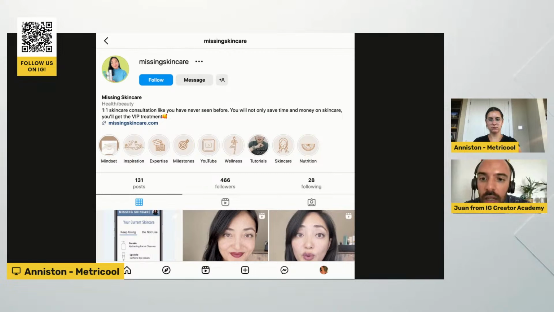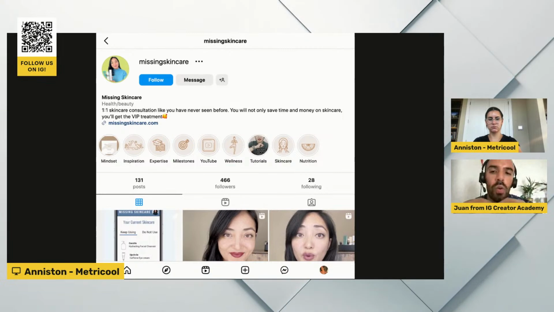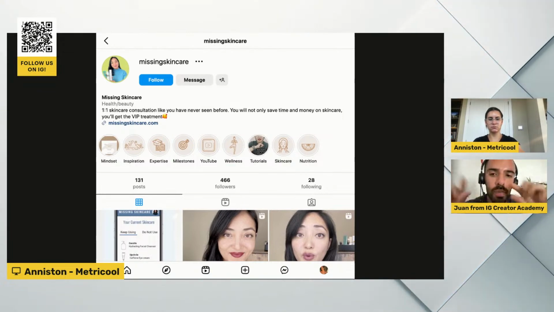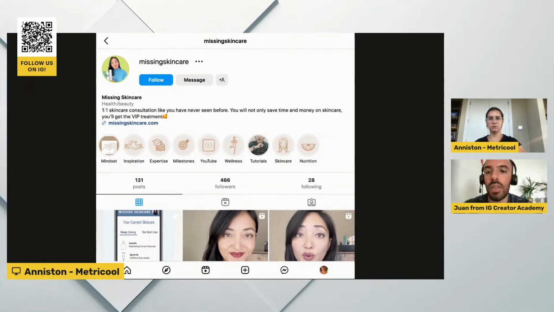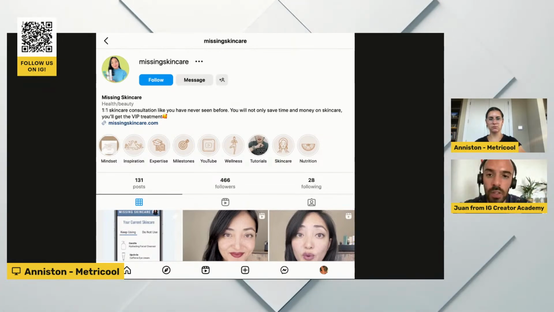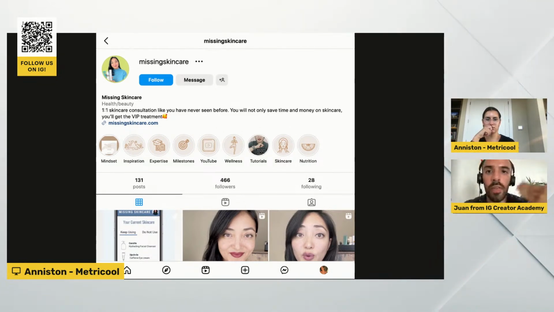Oh, so you're like a skincare consultant. Okay, so what type of skin are you specializing in, or who is your ideal audience? Write that at the top, like skincare consultant for, I don't know, busy moms, something like that. But make sure that, again, you want to be discovered through Instagram. Instagram is a great tool to be discovered, especially now that they're incorporating more SEO into all of their algorithms. So you want to be discovered, you need to add those keywords there.